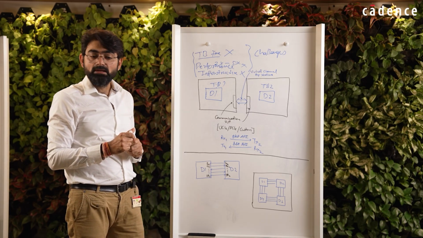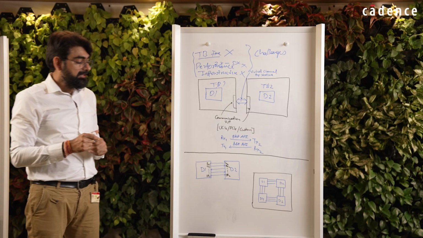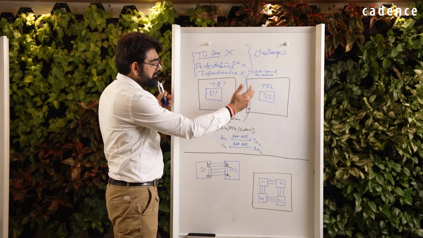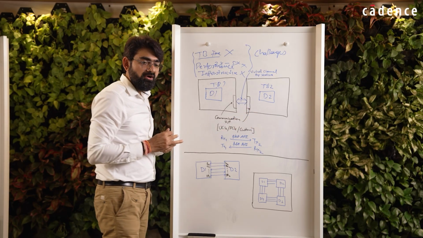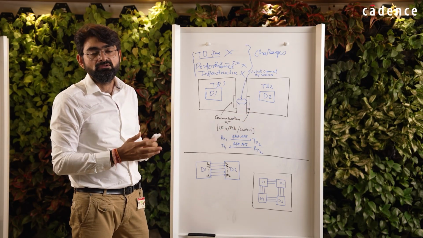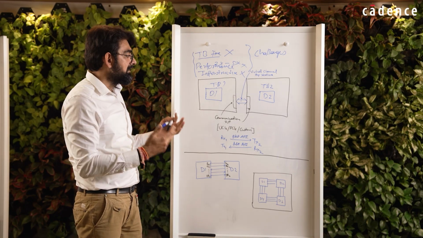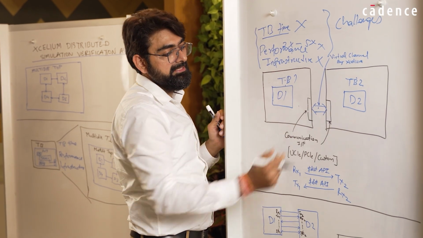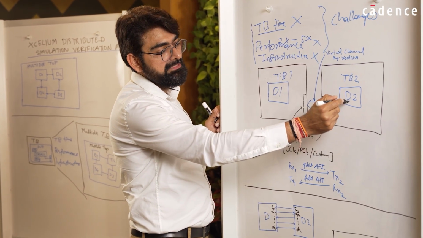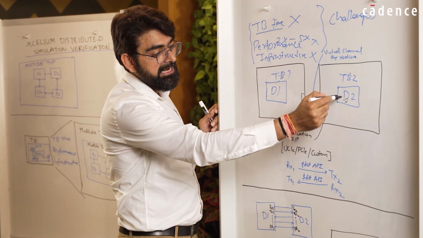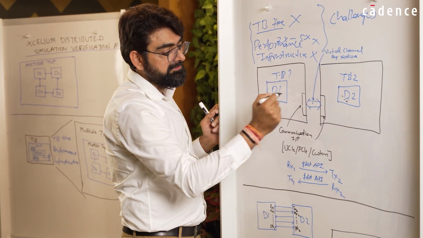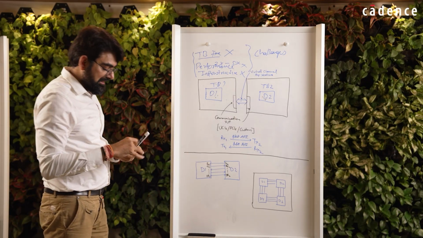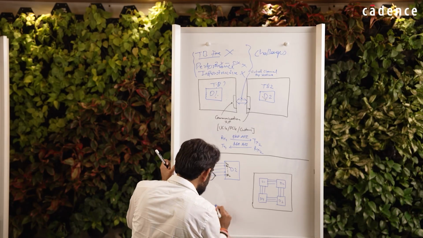What about debug? So debug, of course, remains an important aspect, right? Because you are integrating multiple dies into the picture, and if something goes wrong, then definitely you would want to see where things have gone wrong and how one can easily figure out where the problem is. For example, if you are having a distributed simulation across two dies and something goes wrong on the die 2 side, then you should be able to jump from the die 2 database into die 1, because you don't know if this is originating from the die 1 side or the die 2 side. So with Verisium Debug, as I would call it here,